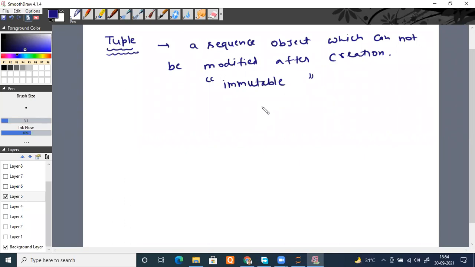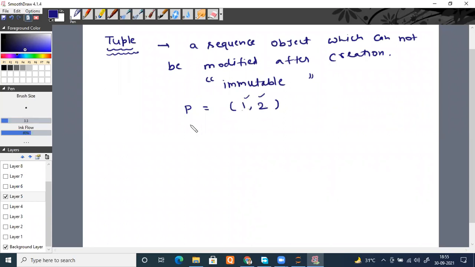Now, how do we create tuples? There are different ways. For example, I'm creating a tuple known as P. So how can I create it? Normally, tuples are created with these brackets, simple round brackets. Put anything inside, for example 1, 2. It will create a tuple for you. Or you can place any type of data type here, one number, one string, doesn't matter at all. Anything you can place here, like a list.